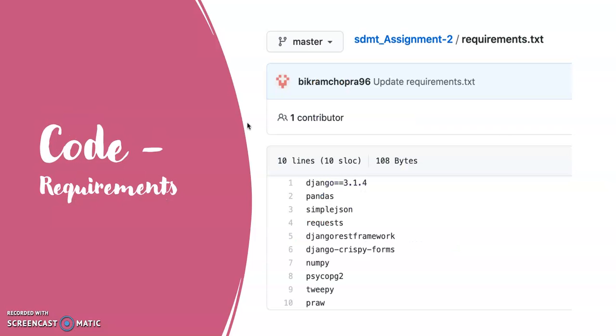Now we will see what particular modules or packages we have used for our code. Here we can clearly see that we have used Django, which is version 3.1.4, then pandas for our data frames. Simple JSON is basically to call the API results, because that is in JSON format. Then requests is for calling the APIs. Further, Django REST framework and Crispy forms are for